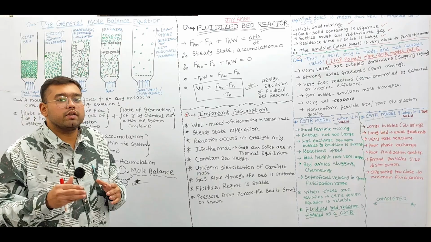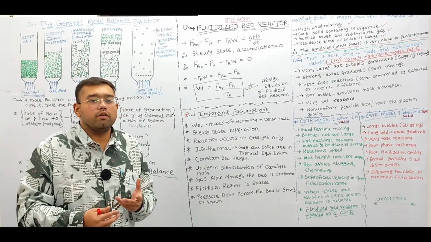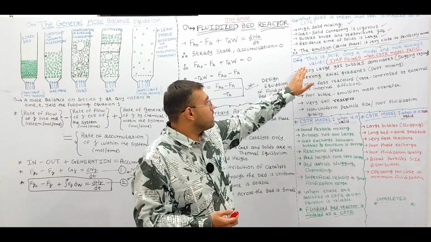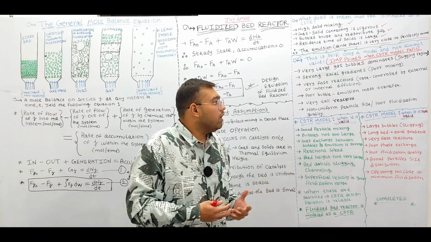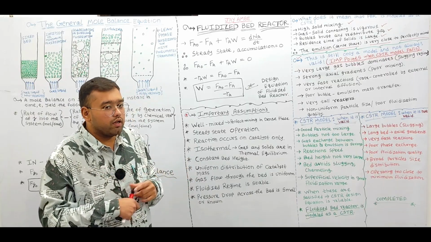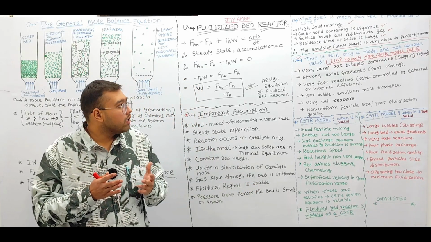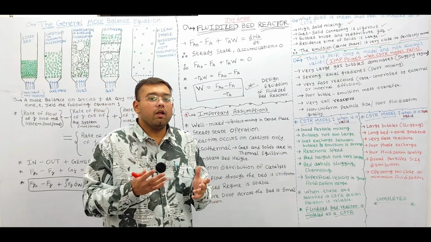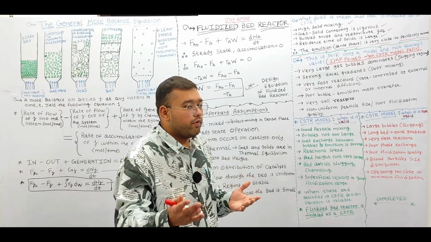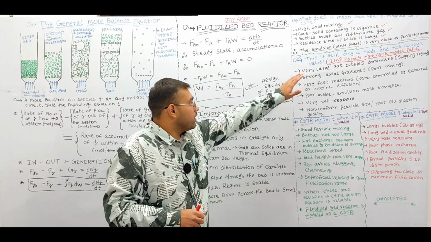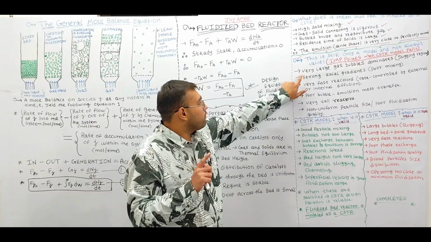In order to model the fluidized bed reactor as a CSTR, the next question which arises is, this is still only a model and not always valid. So what are the important points where the CSTR model is not valid, where the CSTR model fails in order to model the fluidized bed reactor? So we'll understand those points. So the first point is,